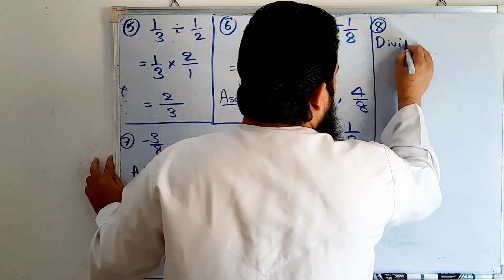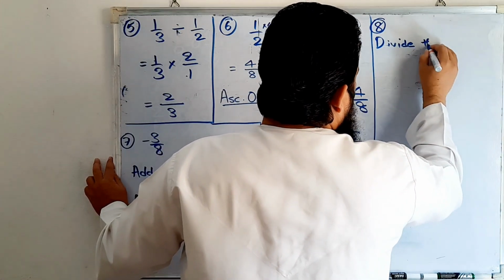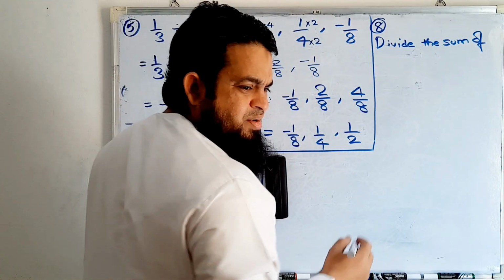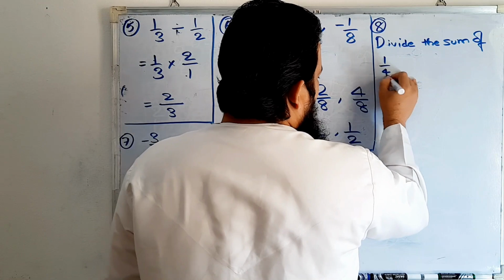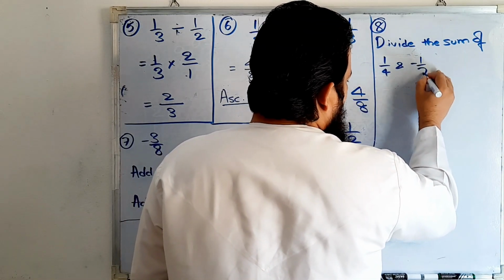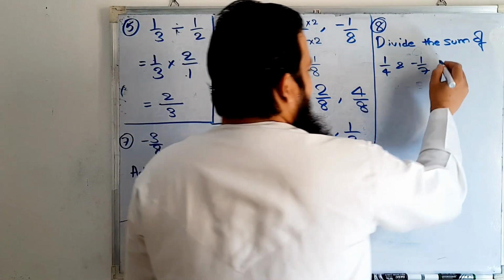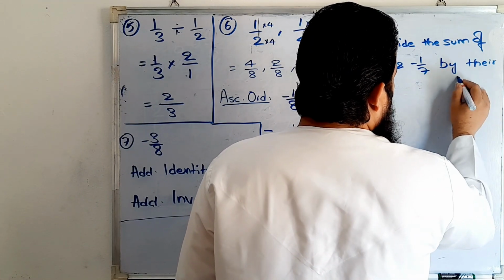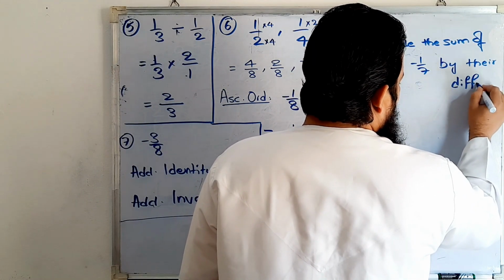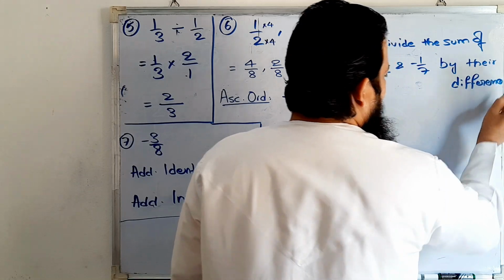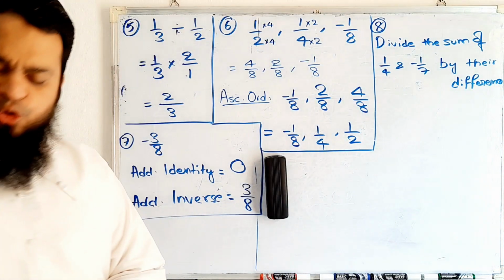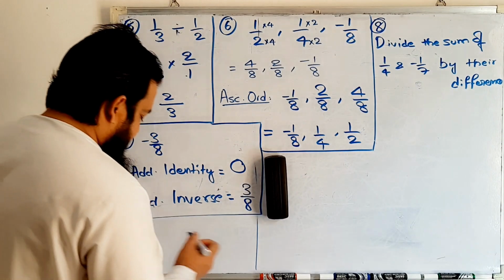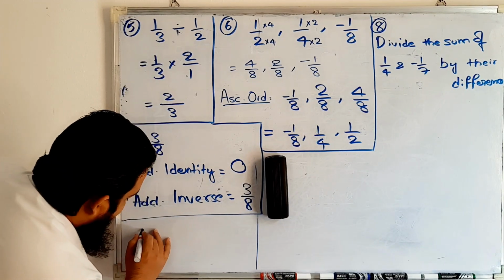Divide the sum of 1 by 4 and minus 1 by 7 by their difference. I just want to explain to you, for example, suppose divide